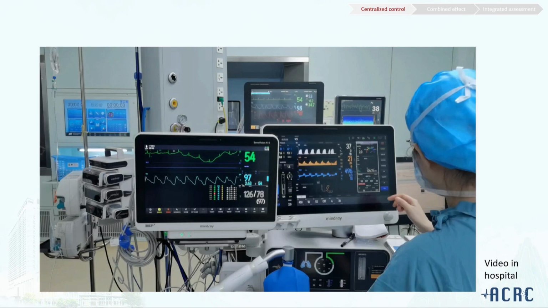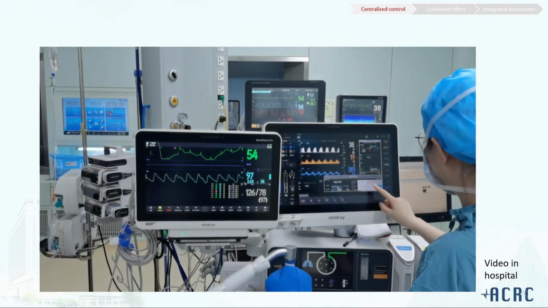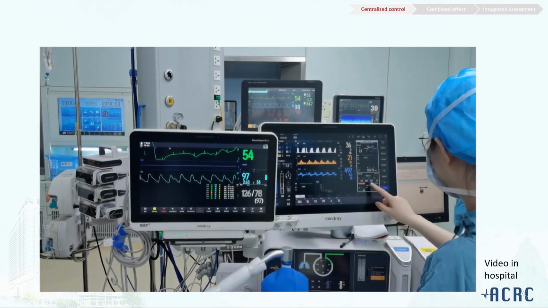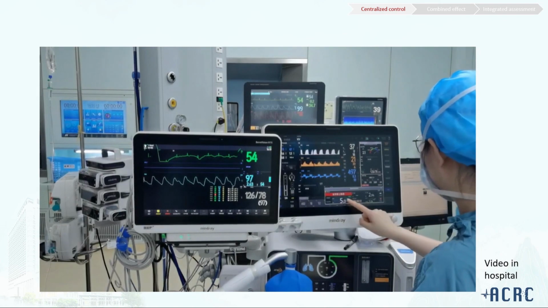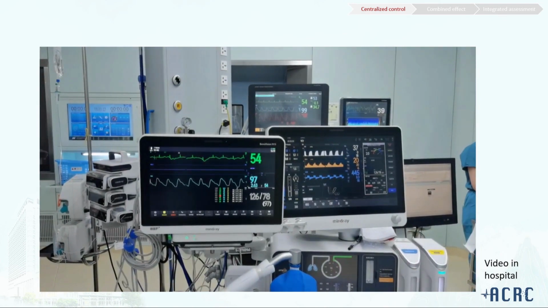And here, there's a video. I'm not sure if you can see it. This is a video used in hospital because all the parameters are integrated. As this morning it says, no matter how many parameters, what makes sense is we use the right parameters at the right time with the right indication, and we can use it rightly.